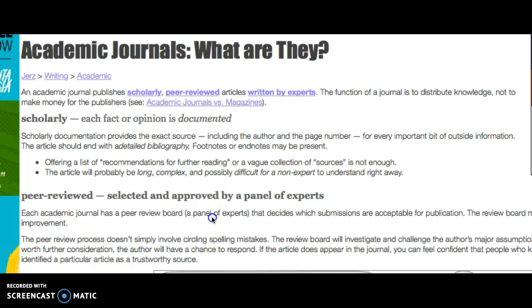So that's why academic journals are very trustworthy, is because one, every factor of opinion is documented. So essentially these are like their research papers being published, and so every bit of information has a citation, and they're not just ranting their opinion about something. They have to show evidence of where they got that opinion in the first place, if it's an opinion, and they have to also show where they found the facts of the matter. It's peer reviewed, so this means only people who know what they're talking about have read and approved the article before it goes to publishing.